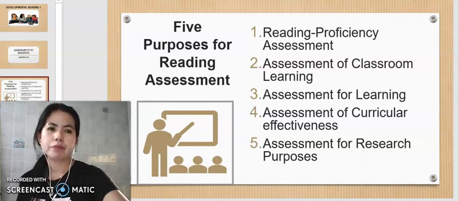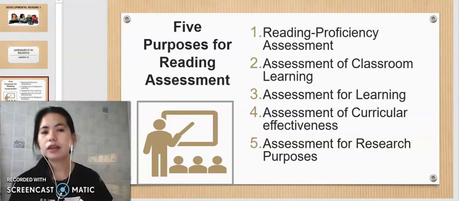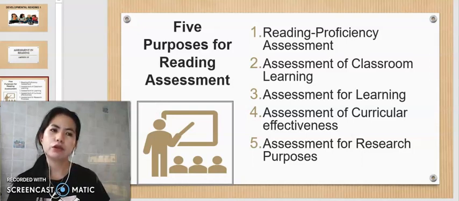For number 5, assessment for research purposes. Assessment for research purposes is a topic that is not generally addressed in assessment chapters, but it is one that is very important for reading research results as well as for their implications for reading instruction.